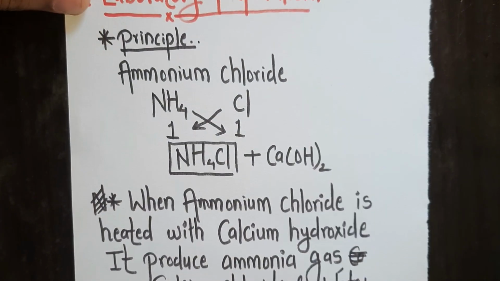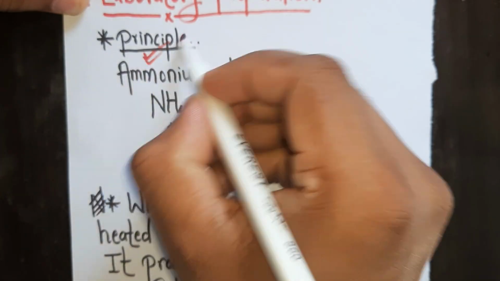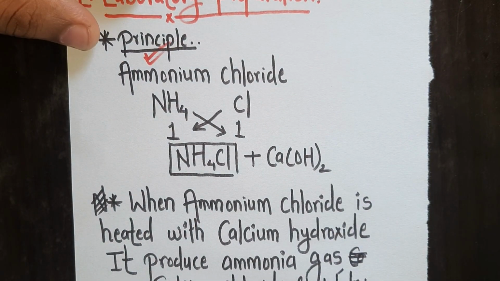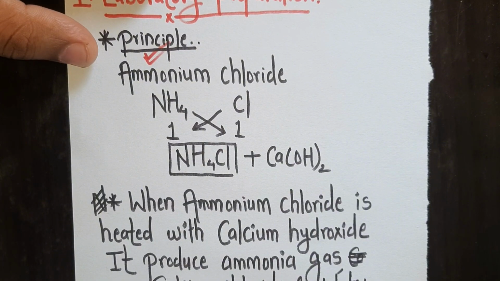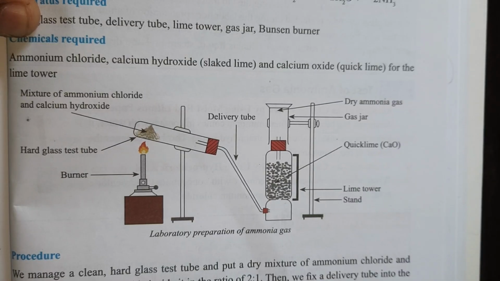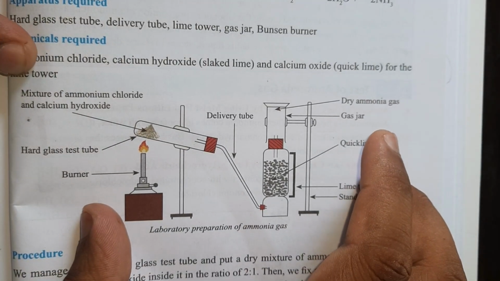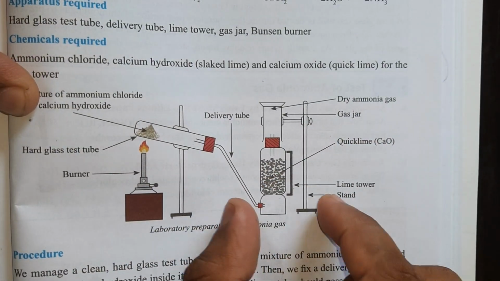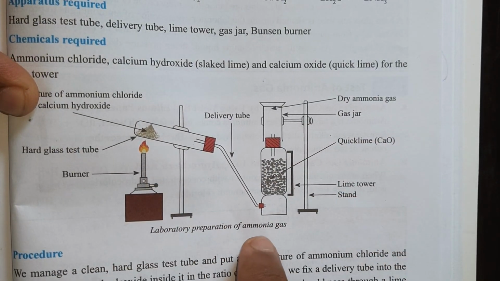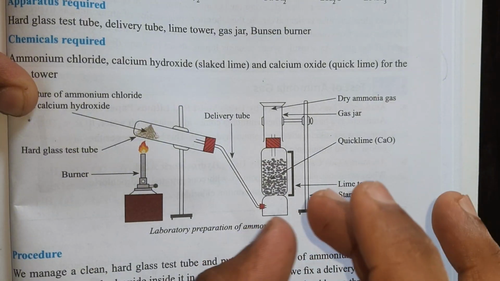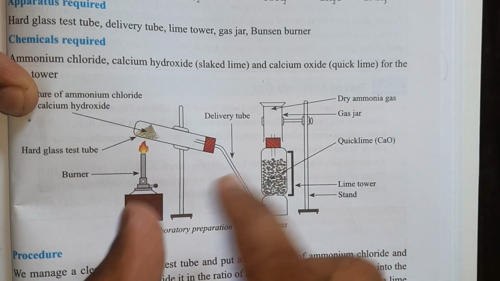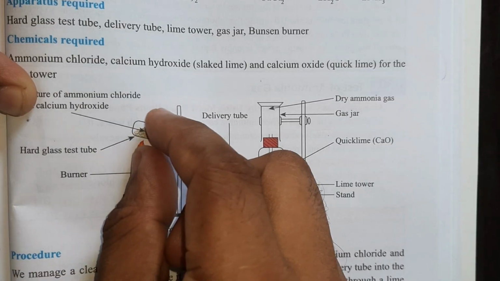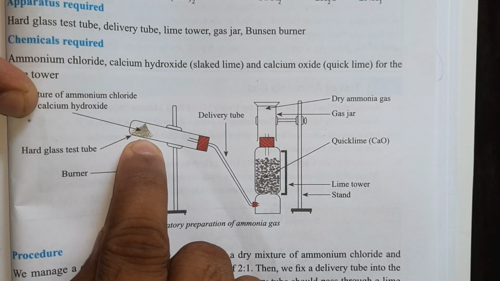See here, we studied the principal chemical reaction. Now the next topic is the figurative approach of ammonia gas. Let's start. We have the figure here in the book, and let's analyze it. What are the apparatus or materials used in this laboratory preparation of ammonia gas, and what are the probable questions from this figure? First, let's observe. This test tube is slightly slanted. Slanted means tilted.